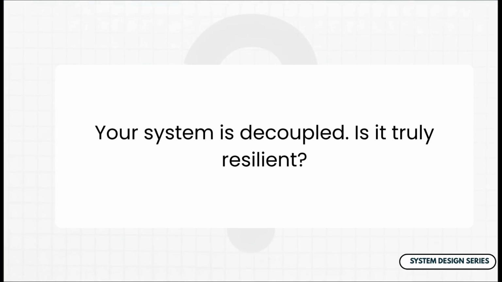And that's the final thought I want to leave you with. Dropping a message queue into your system is a huge step forward. It decouples your services, which is great, but is your system now truly resilient? Well, decoupling is just the start. Real resilience, the kind that lets you sleep at night, comes from deeply understanding these trade-offs. It comes from building idempotent consumers, handling back pressure, and using tools like dead letter queues to manage the inevitable messiness of the real world.